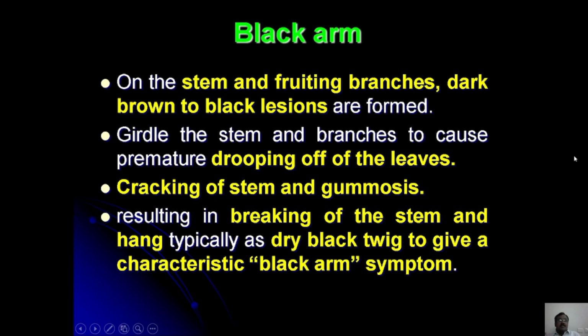And then the next stage is black arm. On the stem and the fruiting branches, dark brown or black lesions produced by the bacteria cause girdling of the stem as well as the branches and cause premature drooping of the leaves. Cracking may also be seen on the stem, and sometimes gummosis may be noticed, resulting in breaking off of the stem at the point of infection and hanging typically as a dry black twig to give a characteristic black arm